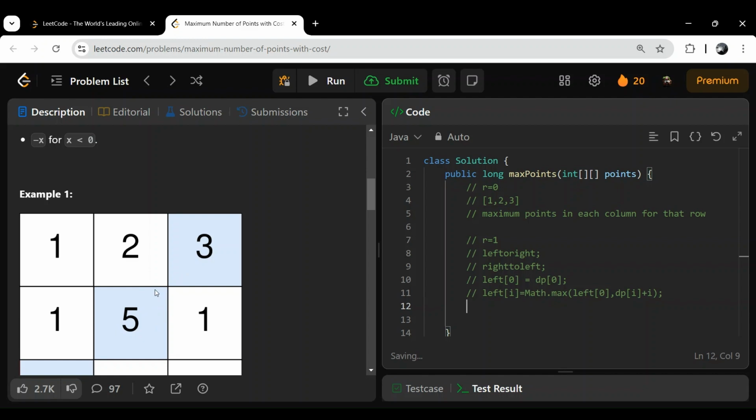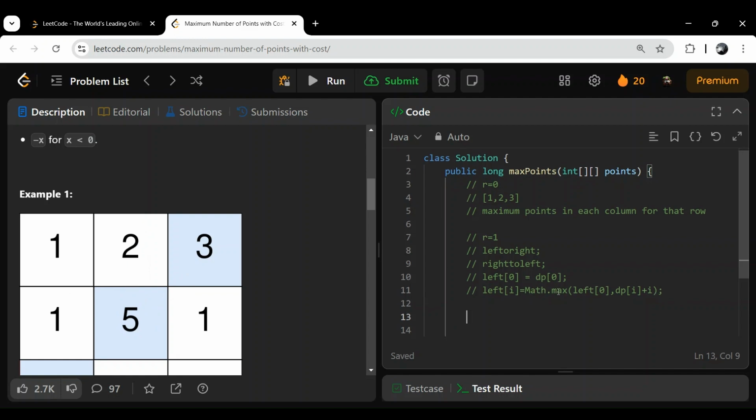Okay, so we have to travel this much cost to stay in the same column. Now, in a similar way, we will start from the right. Right will be the last column. We have three columns in this case, so 3 minus 1 will be 2, 2 as an index,